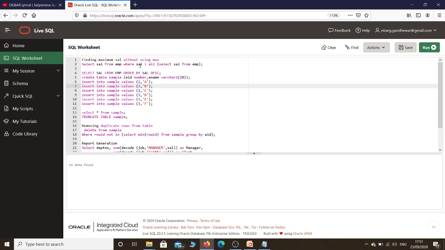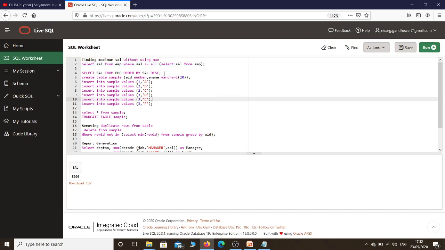Whether 5000 is greater than 5000? No. So every time the condition is false, so you will not get any kind of output. That's why in this case the equals to sign is important. So equals to means 5000 is greater than or equal to all, then the condition is satisfied and you get the output as 5000. So this is finding the maximum salary without using the max function.